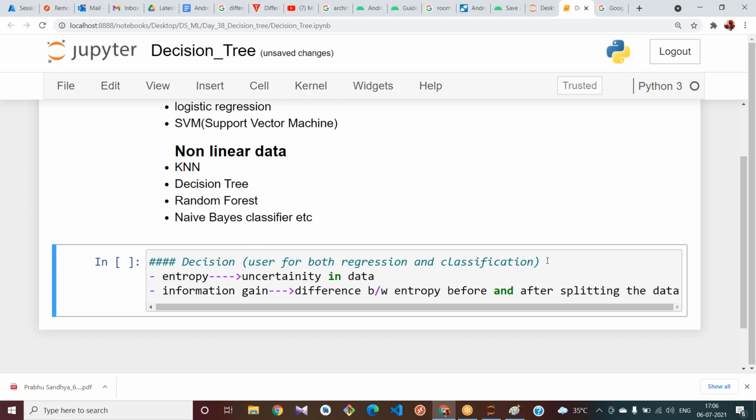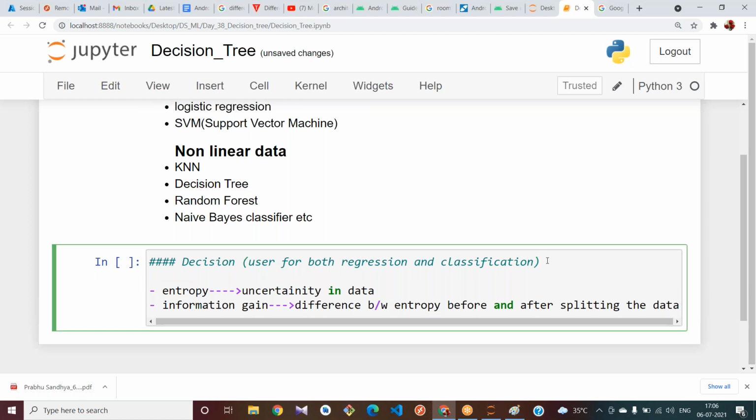For the ID3 algorithm, you try to use entropy and information gain.